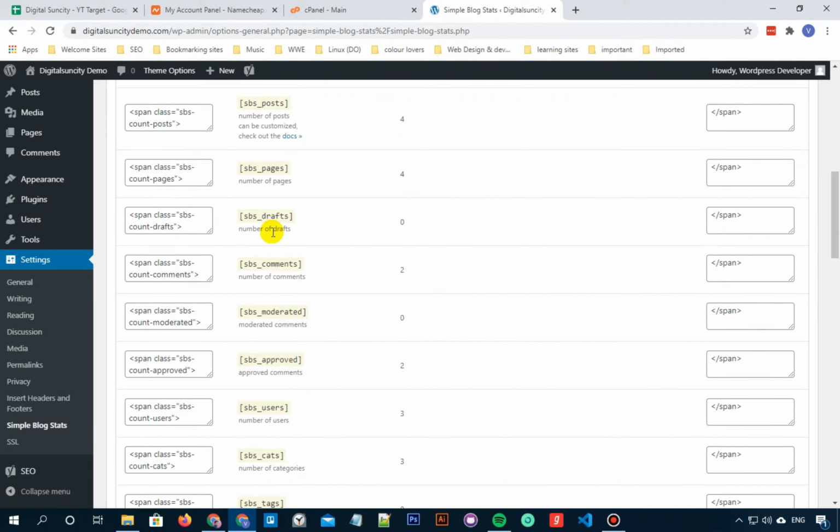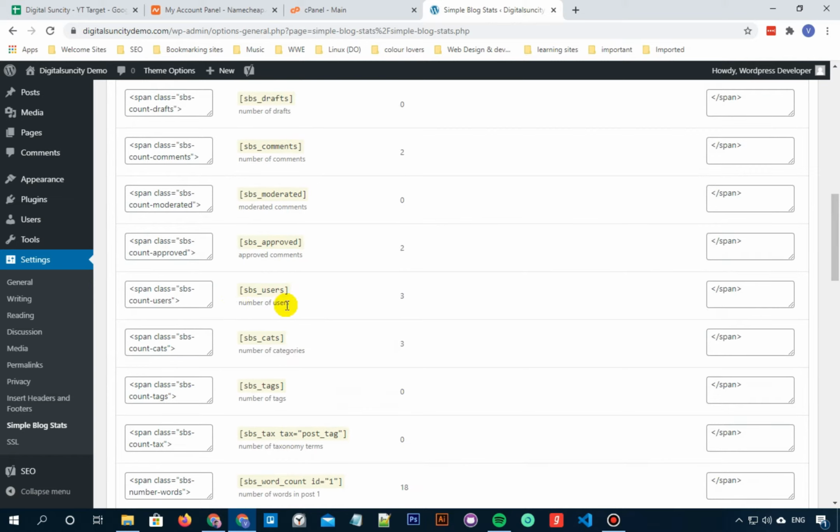Now on this page, click on the shortcode to expand it. We need to search for the shortcode for displaying the number of users. You can see the shortcode SBS_users with two text fields on both sides. Now these text fields contain the HTML the plugin will add before and after the number of users. So the shortcode will generate results something like this. Now as you can see, span class equals SBS count users 856 and closing the span tag. So if you want to keep it simple, then just copy the same shortcode. You can also use it in the widgets if you want.